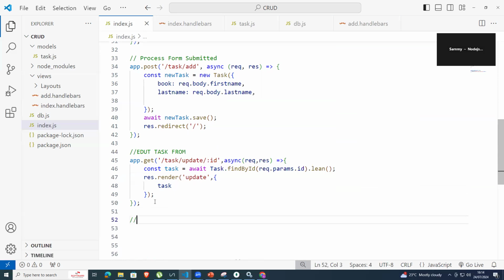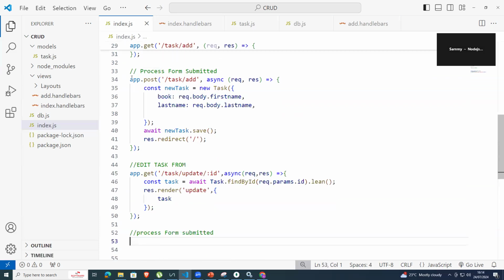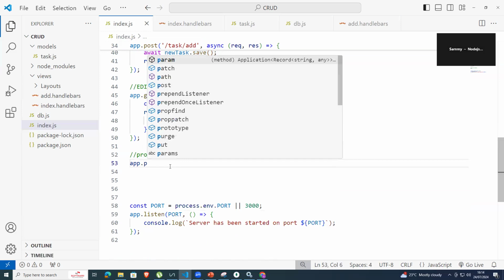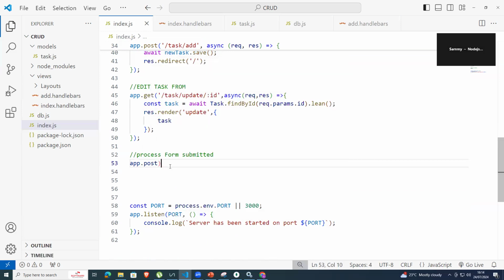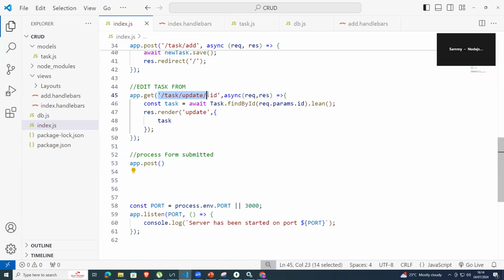Now from here, we will have the submission. So I can call it process form submitted. So it's somehow similar to this, but we'll borrow some different features. So just come app.post, because now we are posting into brackets. So I'll have the same thing here,